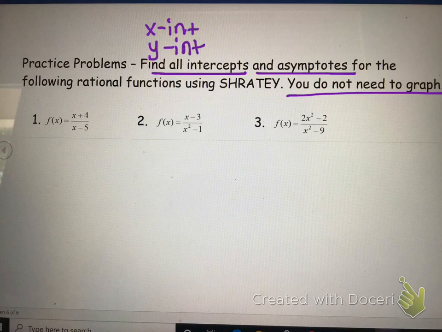And so remember that the x-intercepts is the r-step of SHRATEY, and the y-intercept is the y-step of SHRATEY. And then your asymptotes would be your vertical asymptotes and your horizontal asymptotes. Vertical asymptotes come from the denominator. They come from whenever your equation would be undefined, which is when your denominator is 0. So that's the A step. And the horizontal asymptotes are going to be the E step. Okay, and those are the problems I want you to try